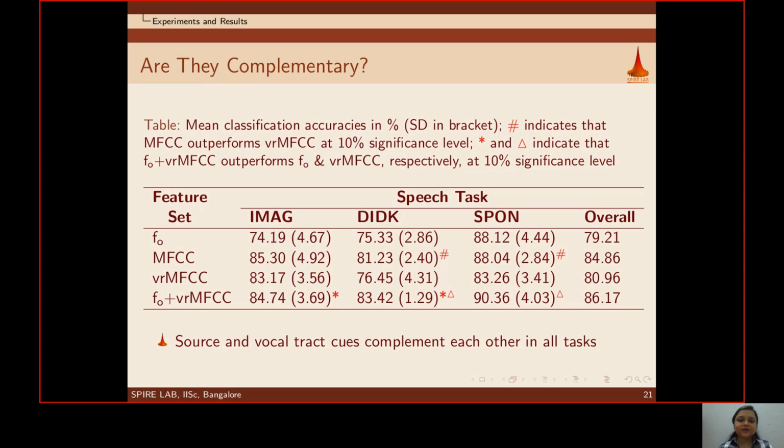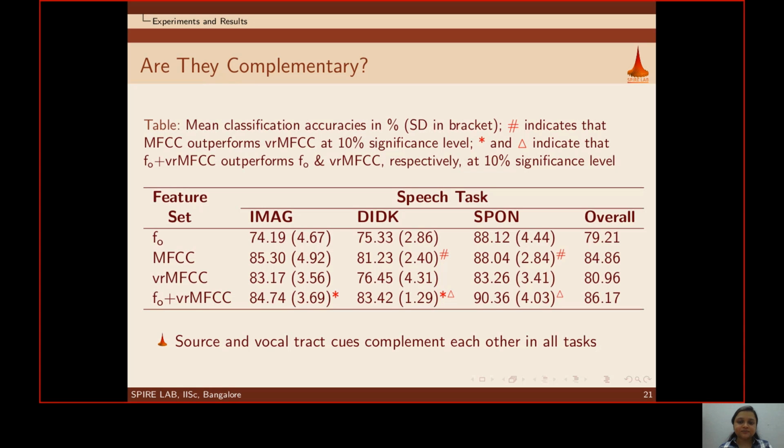But are the cues provided by the 2 components complementary in nature? We know that MFCC captures both source and vocal tract cues. We can see here from the second and third row of the table that accuracy drops from MFCC to VRMFCC, that is, when we remove source information. When we add F0 on top of VRMFCC, that is the last row of this table, the accuracies improve over VRMFCC and become comparable to the MFCC case again. We can also see that the accuracies for F0 plus VRMFCC are higher than those obtained using F0 only. So overall, we can say that the cues related to source and vocal tract components are indeed complementary in nature